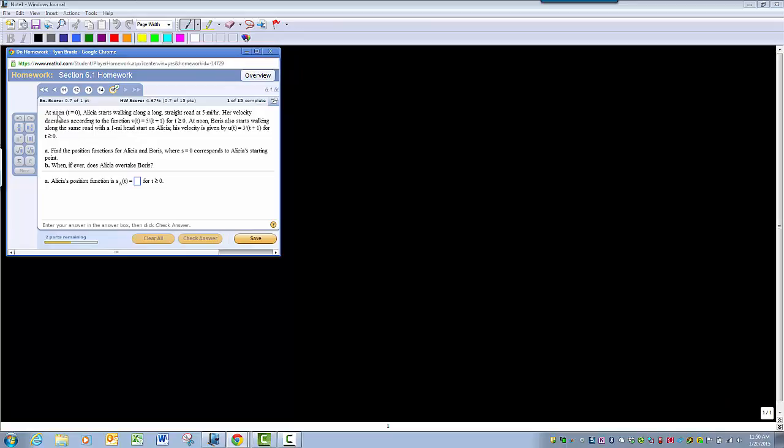Okay, so we've got at noon, Alicia starts walking down a road, and she starts at 5 miles per hour. And then her velocity decreases according to this function right here. So what we have is Alicia's velocity. So the velocity,